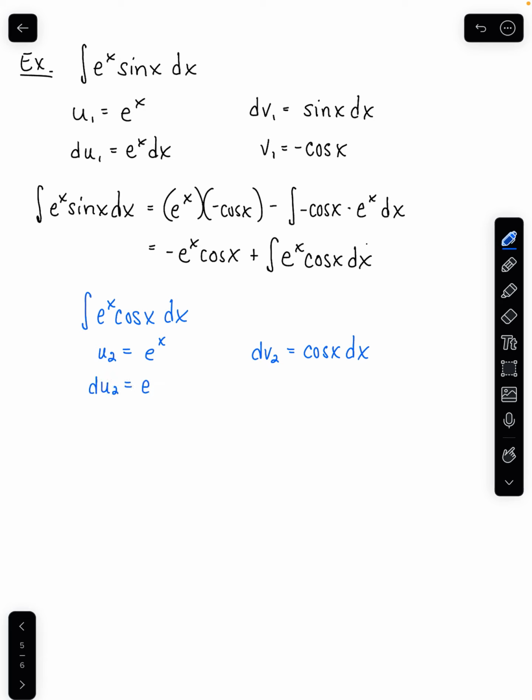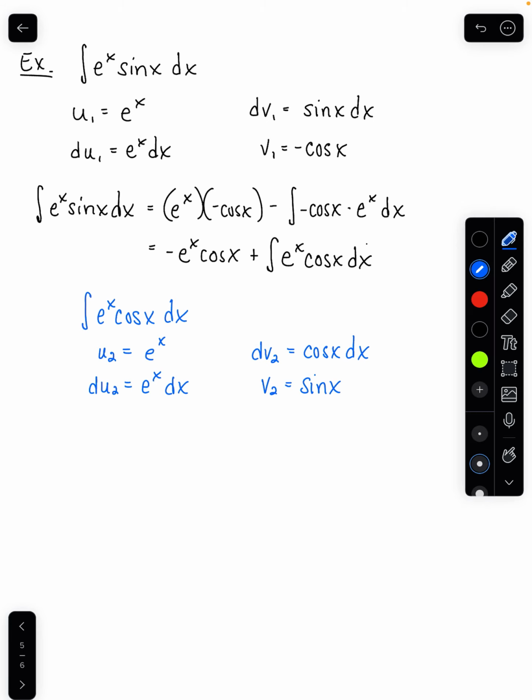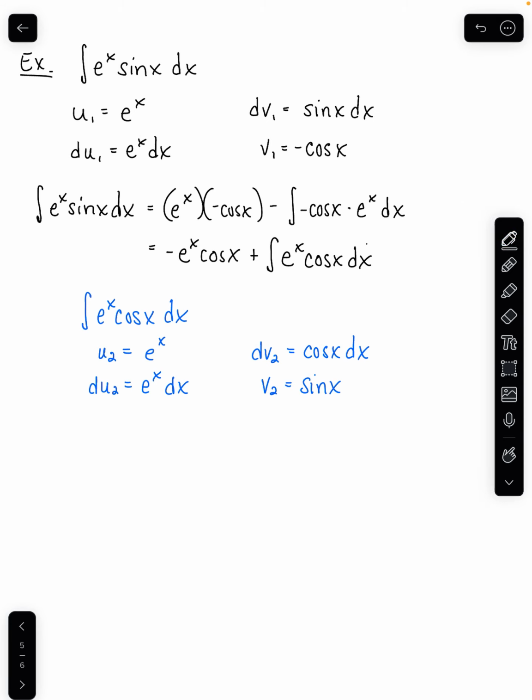Du sub 2 is, again, e to the x dx, and v sub 2 is going to be the antiderivative of cosine of x, which is sine of x. So we have our original integral of e to the x sine of x dx is equal to negative e to the x cosine of x. That was the first term of the first integration by parts run through, plus